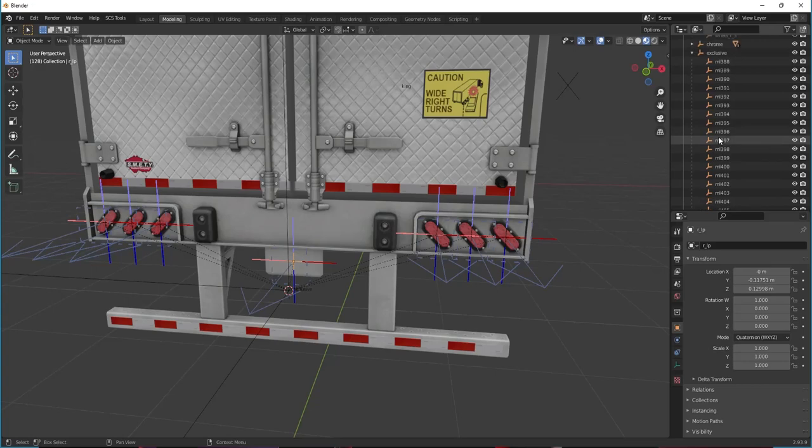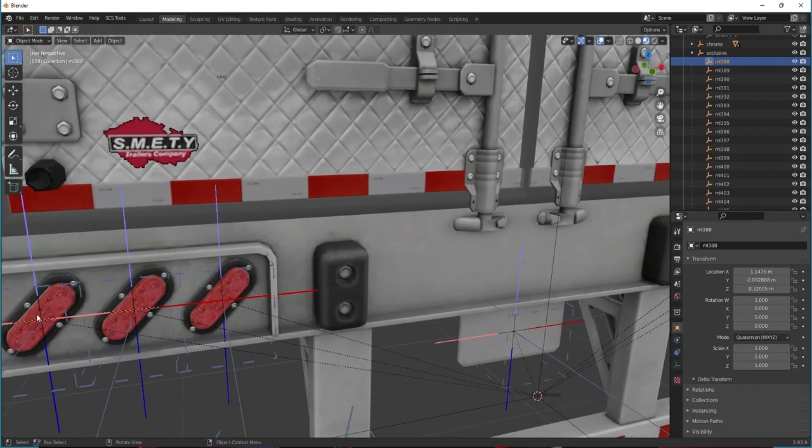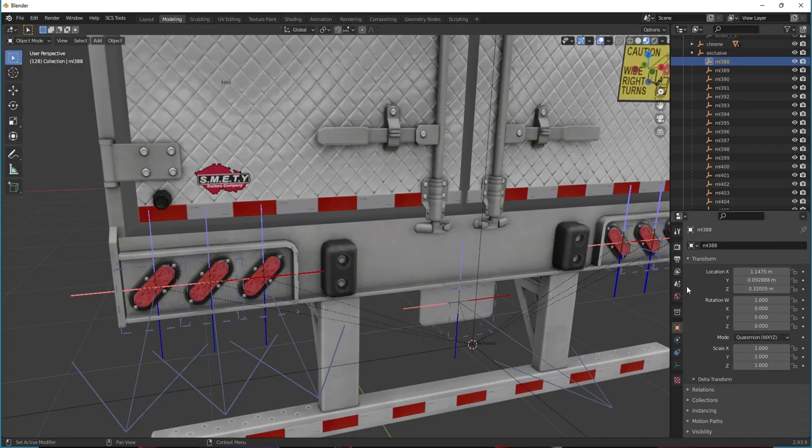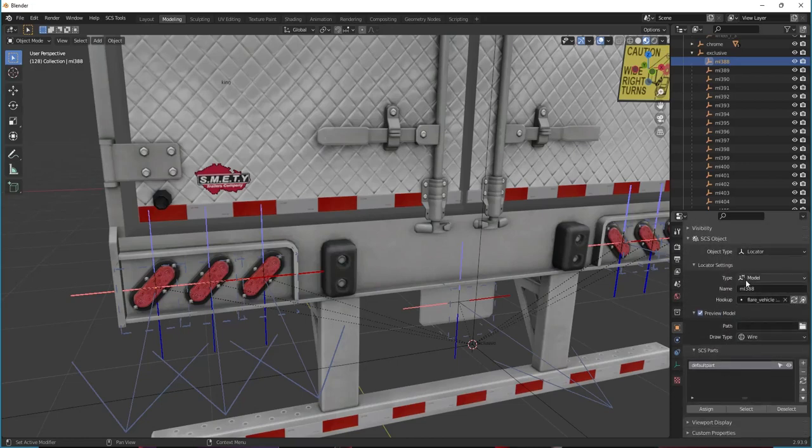So those are all located here. If you click on this exclusive and we look at this hookup value, when you click on it, you can see that it lights up on this lamp here. And then if you go to the objects tab, which is this little orange square, and you scroll down, here's that model locator, and this is the model name, ML388, and then you have ML388, and then this is